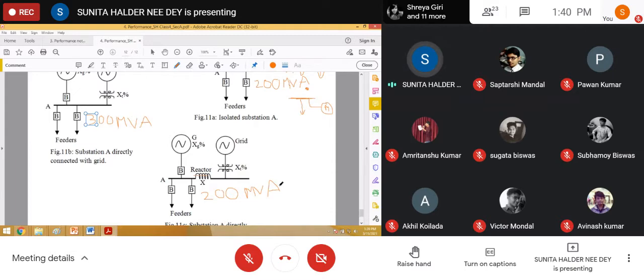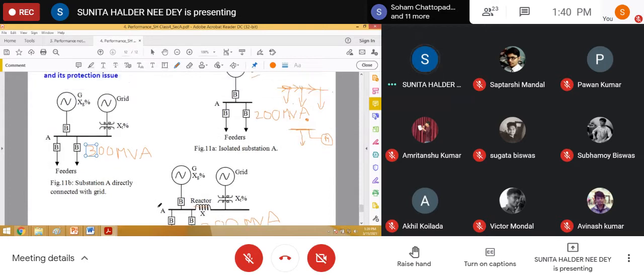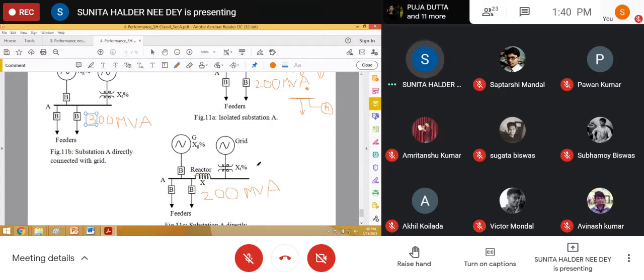So that's why we use the reactor. There are two ways to increase the capacity of a substation. One, by connecting a grid. Then we have to increase the capacity of the breaker for protection purposes. There are two issues. We are connecting a grid to cater to the extra load, that we can do, but at the same time we have to take care of the protection. So to save the protection devices, we have to change them. Otherwise, we may connect a reactor along with the incoming grid so that we can use the same breaker.